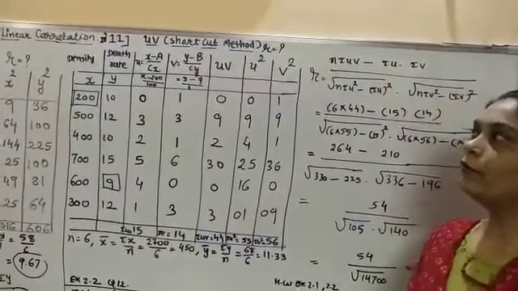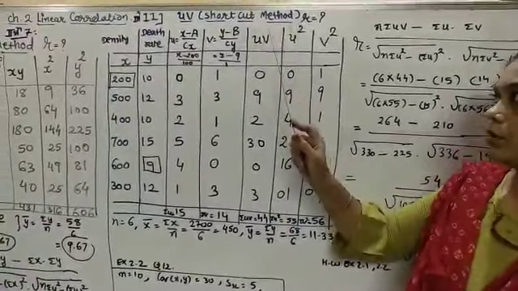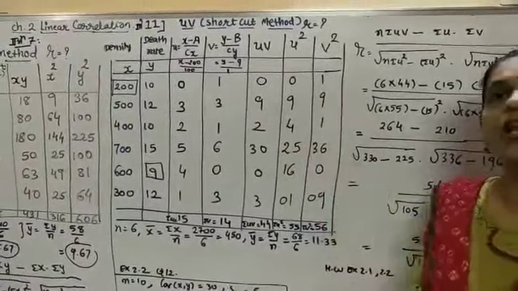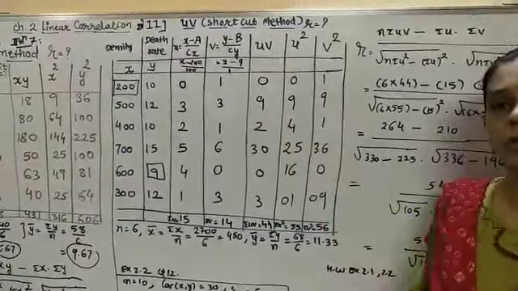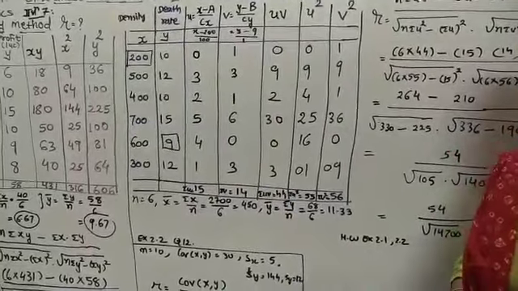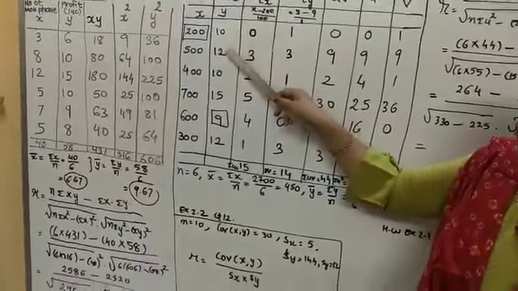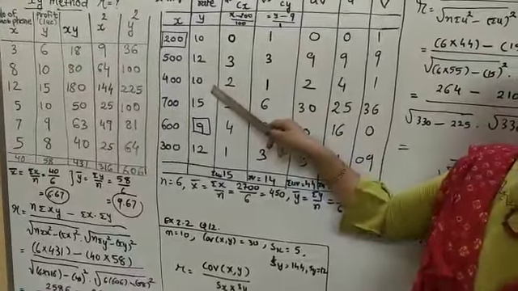Same method I would be following for v, y minus b. b means what? b means the smallest figure in the column of y. So the smallest figure, look, is 9. So on that I have made the circle. See this rectangle, 9. So 9 is written here, and what will cy, the common, be? What would be the common number? So when I observe the data, the ones place 0, 2 are even but 5 is odd.